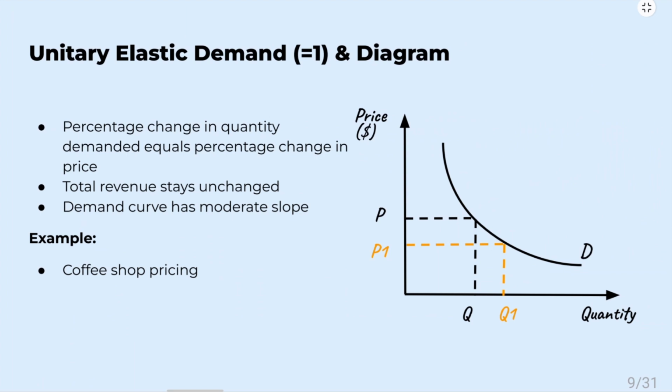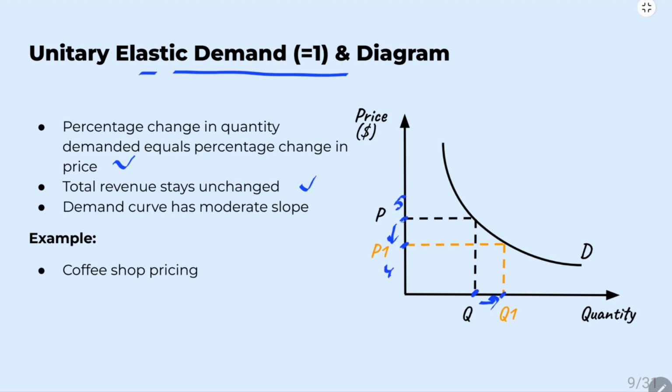Unitary elastic demand happens when the percentage change in quantity demanded is exactly equal to the percentage change in price. In this situation, total revenue remains unchanged. In the diagram, price falls from P to P1, and quantity demanded increases from Q to Q1 by the same percentage amount. For example, imagine a coffee shop reduces the price of coffee from $5 to